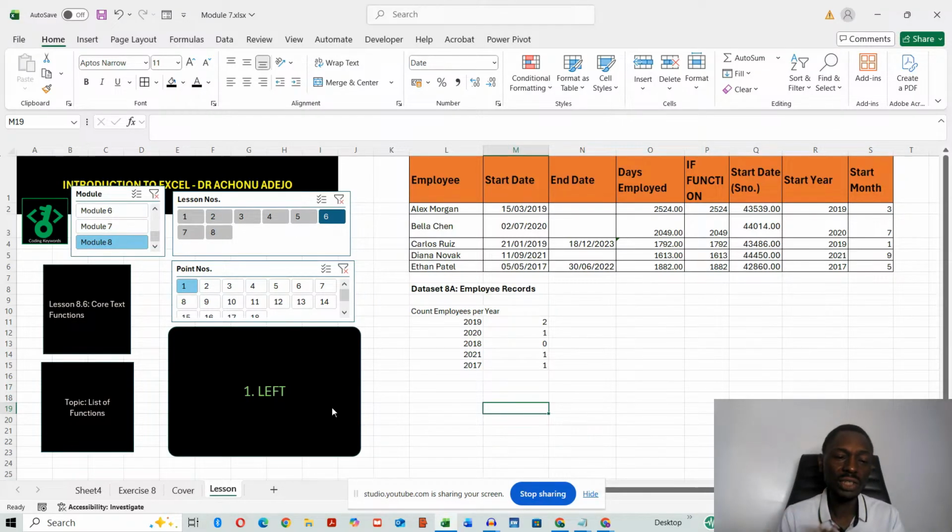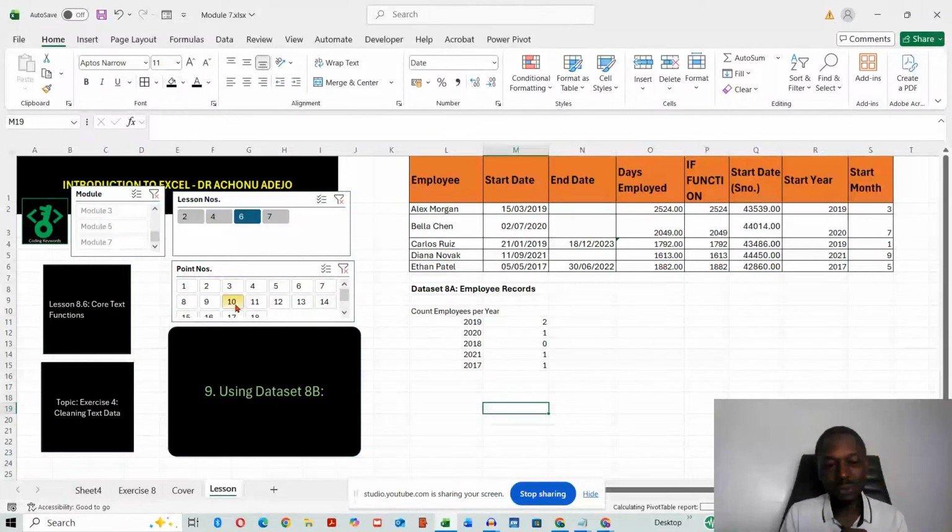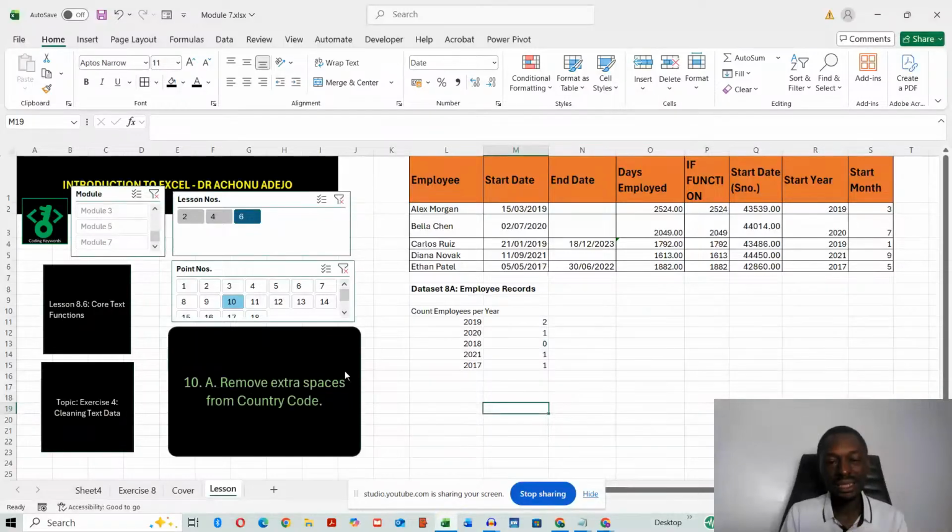Okay, so here are some of the text functions. So we've got the left function, we've got the right function, we've got mid, we've got len, we've got trim, we've got upper, lower, proper. So these are some of the functions we use on text. We've got concat, TEXTJOIN, and then we will see how to work with them in our data set